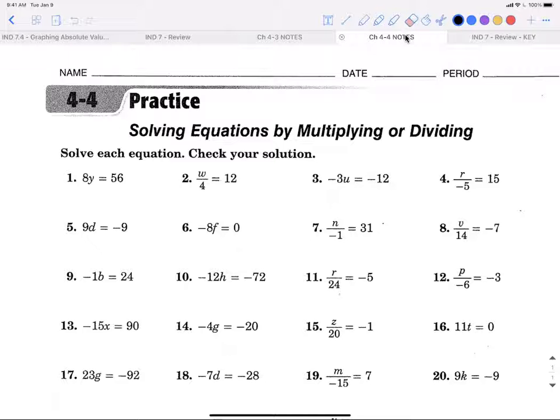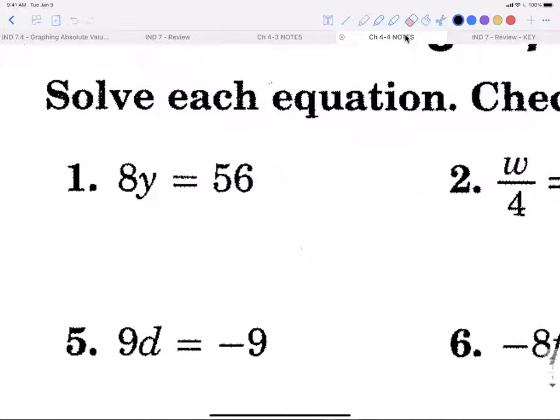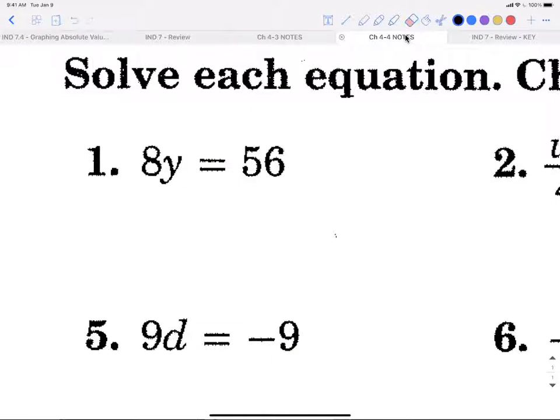And like yesterday, when it was a +6, then we did -6, or if it was a -2, we did a +2. You always do the opposite. We're going to do the same thing today. We're going to do the opposite operation in order to cancel out the number that's on the left with the variable and get the variable by itself. All right, so if we use this first one as an example,